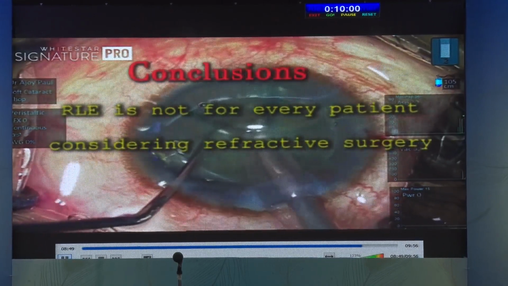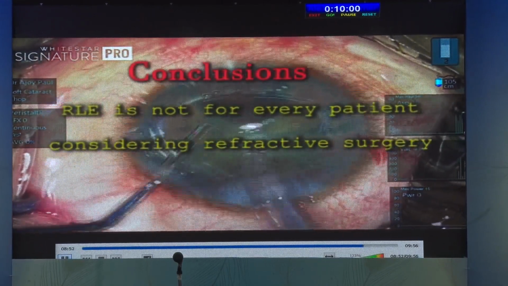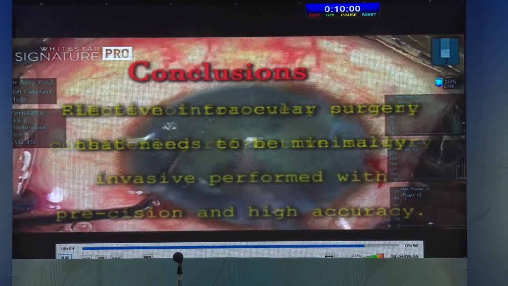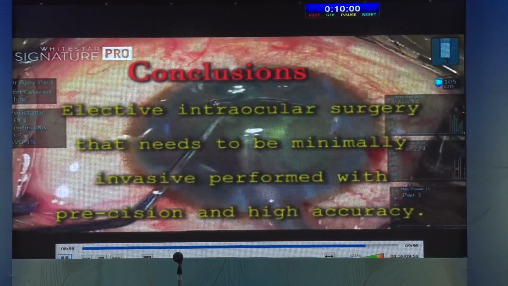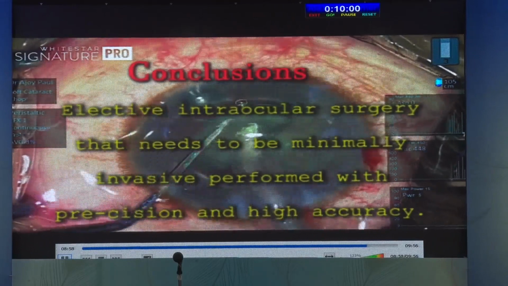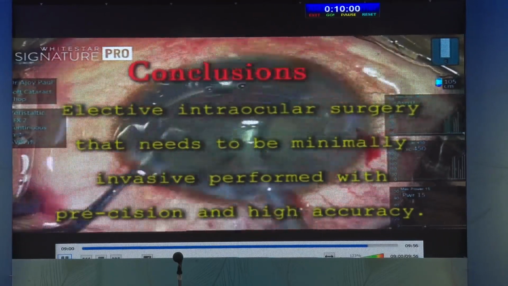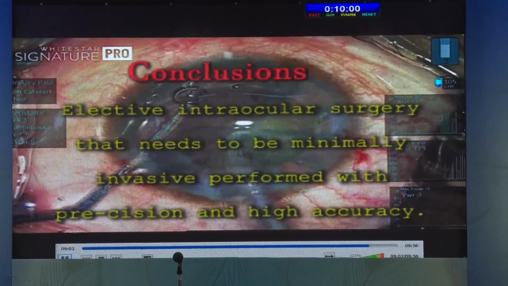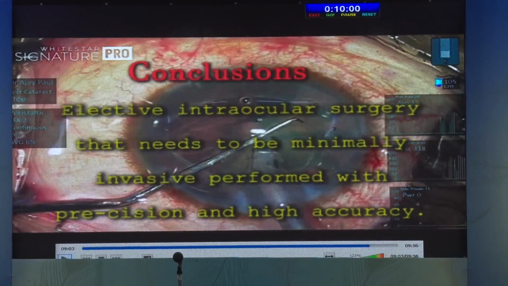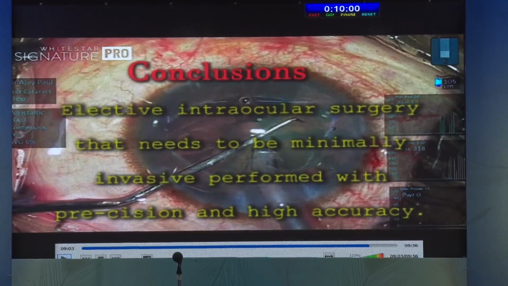So in conclusion, it's not for every patient considering refractive surgery; you have got a steep subset of patients. It's elective intraocular surgery that needs to be minimally invasive, performed with precision and high accuracy. That's what I said: if you have enough experience removing cataracts over a period of time, you have enough experience on your machine that you can perform it with the least PCO